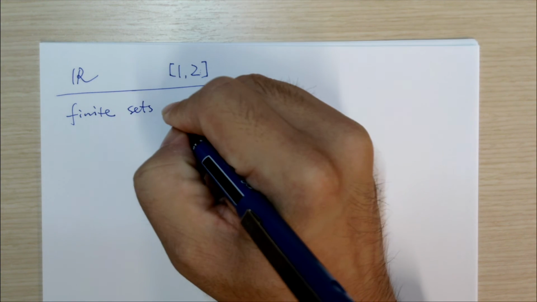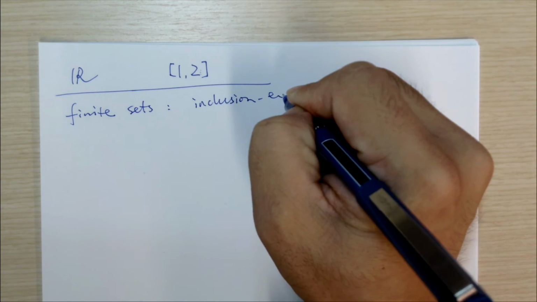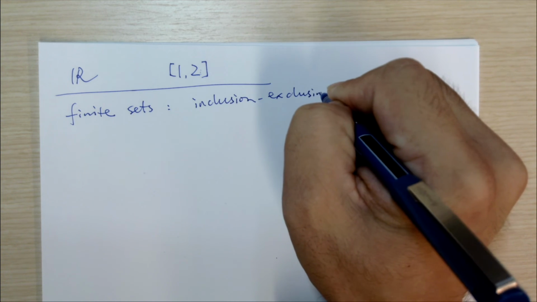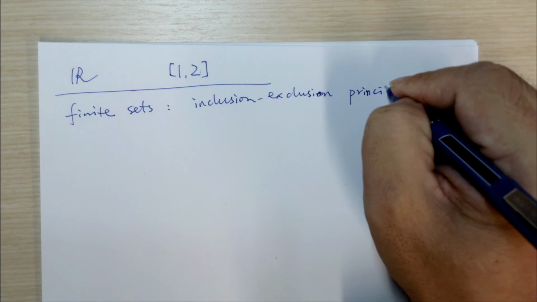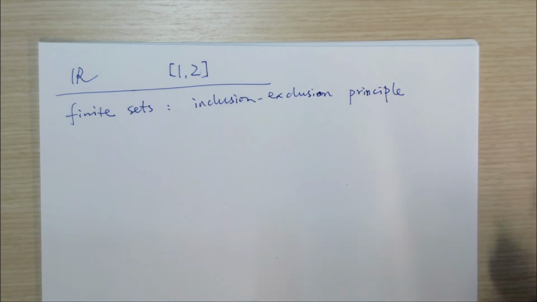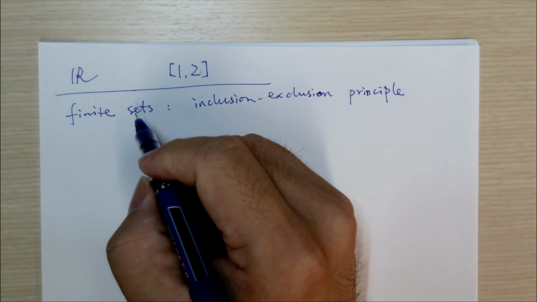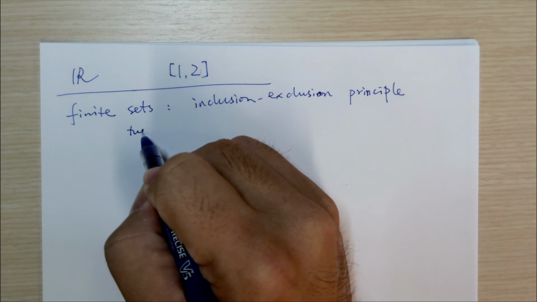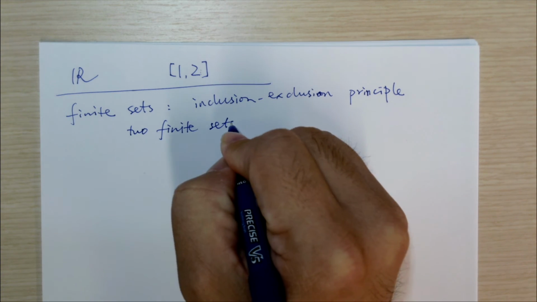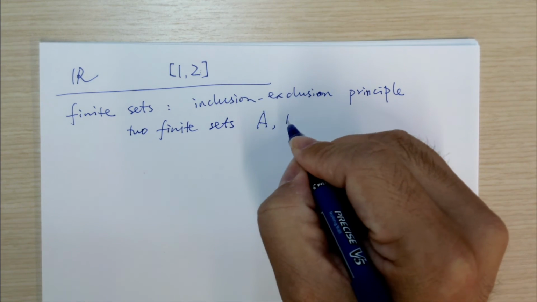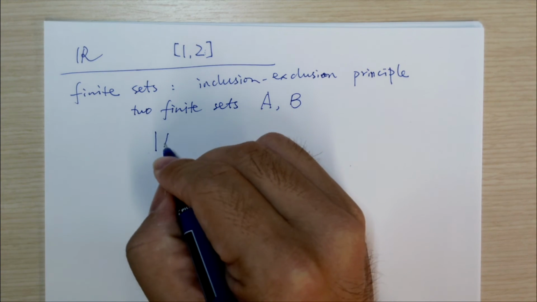Let's see the inclusion-exclusion principle. What it says is, for any two finite sets, if we call them A and B, then this principle says like this: